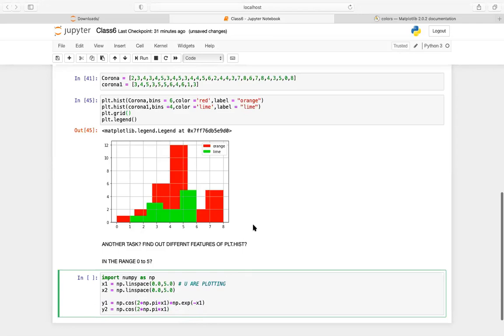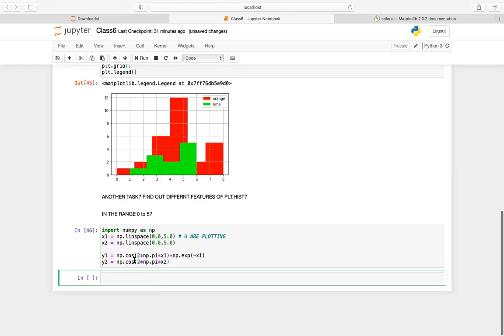All right, this should work. Yeah, that's fine.